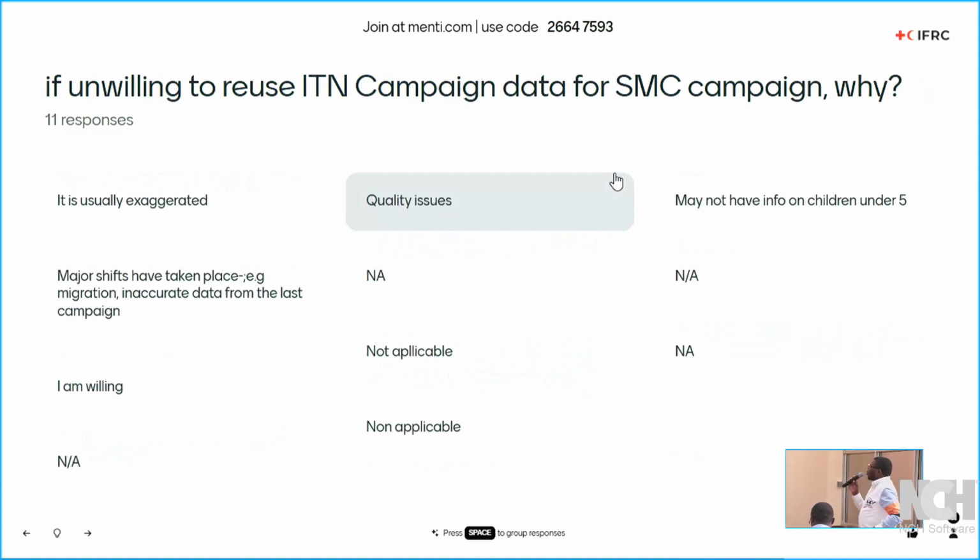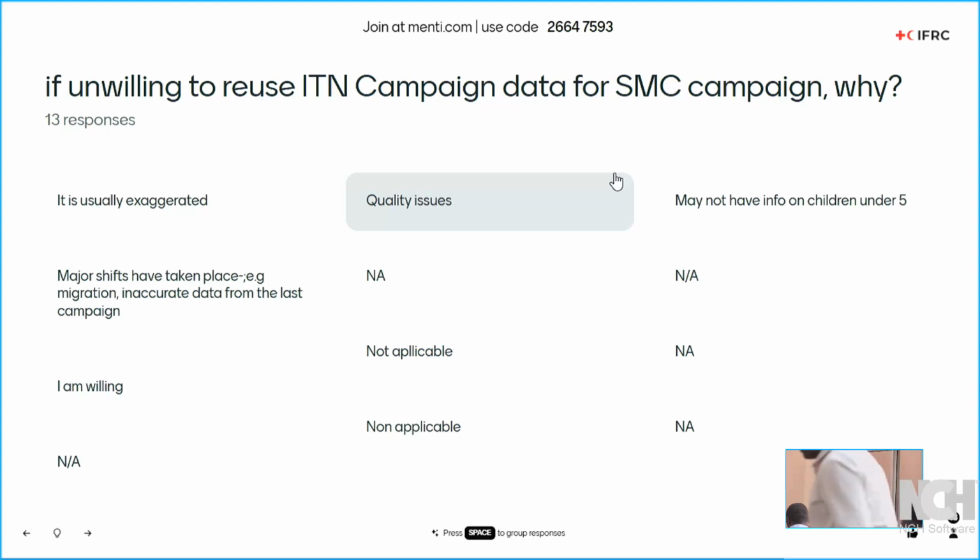If unwilling to use ITN campaign data, let's see what we have received as responses. It is usually exaggerated. I think this is a key concern, and I think this framework that we will be discussing would help us know how to address this concern, ensuring that we are comfortable to reuse this data we get from an ITN campaign.